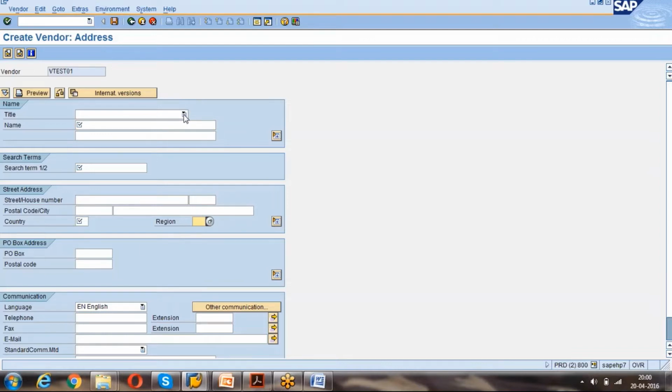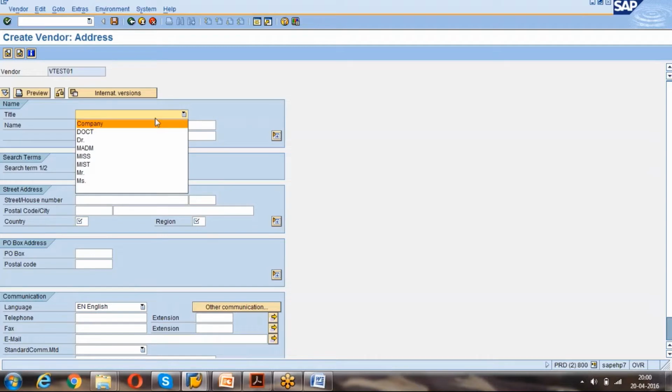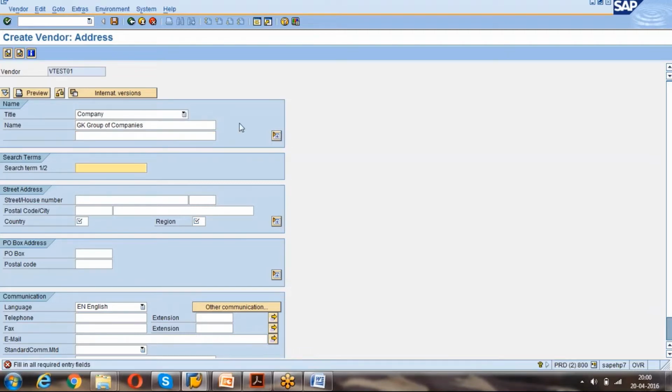Okay. See here the title, whether it is a company or Mr. or whatever it is, we have to select. It's a company, and we can give a name like GK group of companies. If you want additional names, we can give those too, because we have an option to write an additional name.